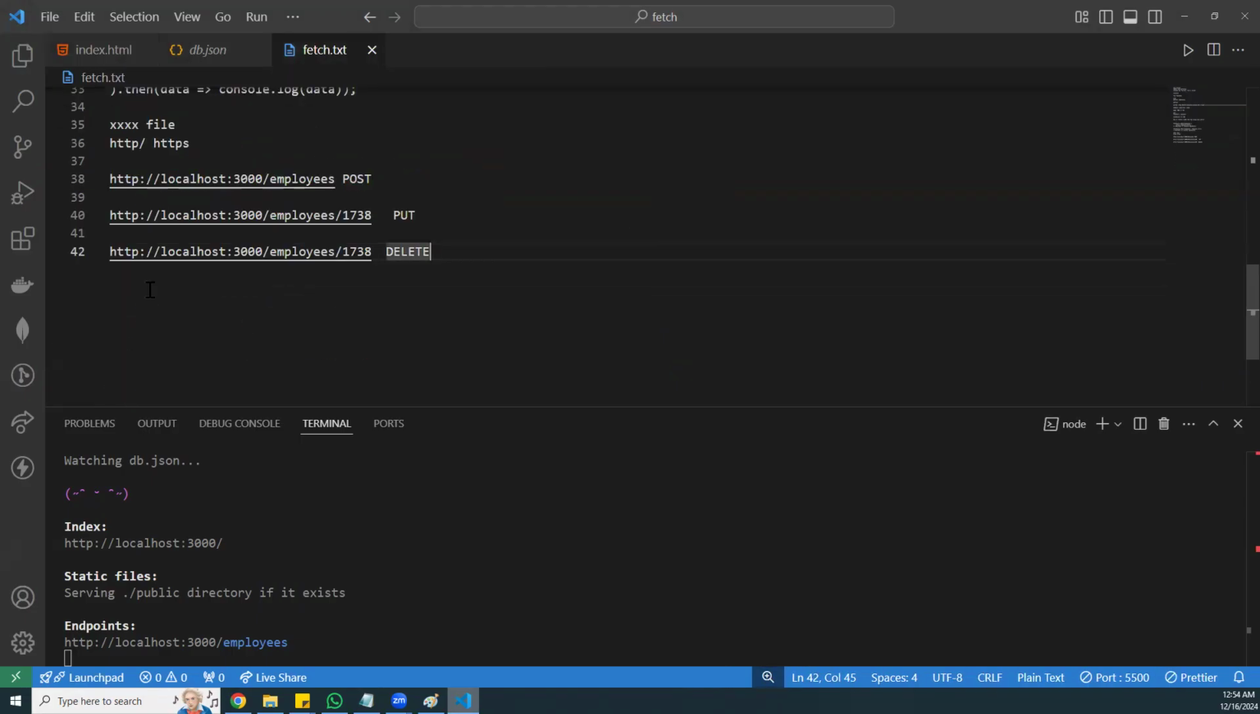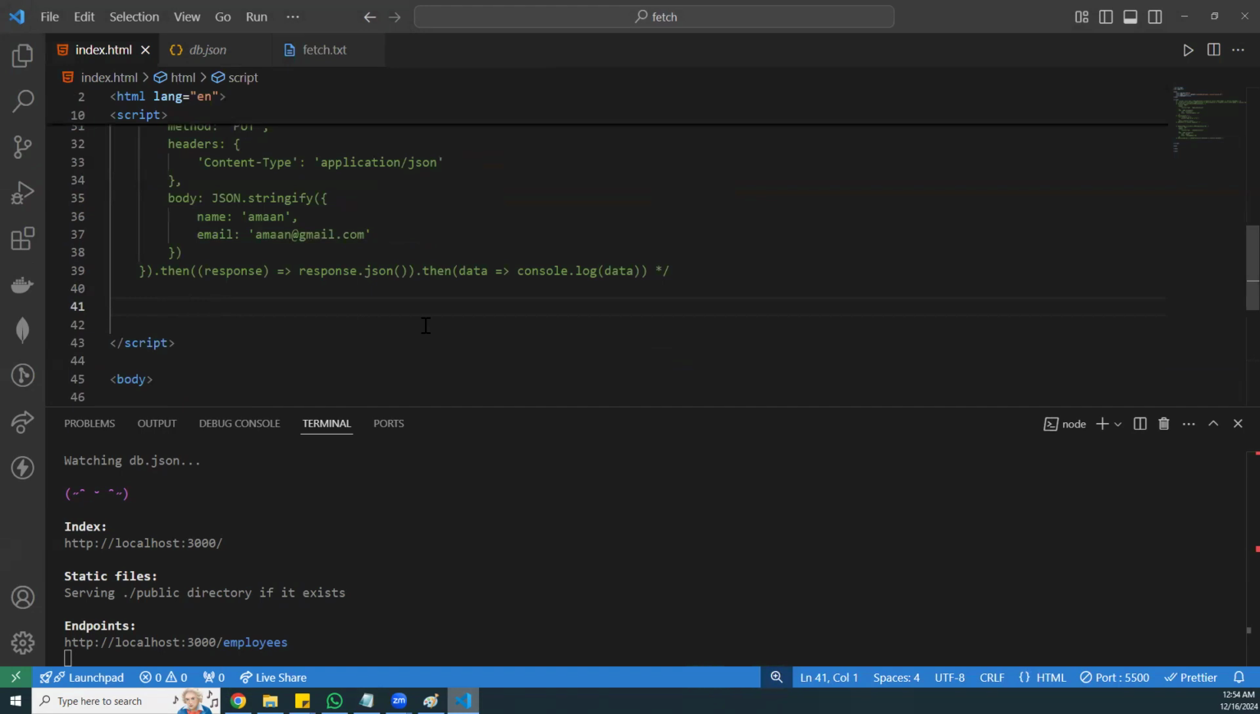Okay. My API is localhost 3000 employees. The ID number you have to pass. In real time, these APIs are provided by the backend developer. They will inform you which API you can use for the delete. Right. Now you can just go fetch of